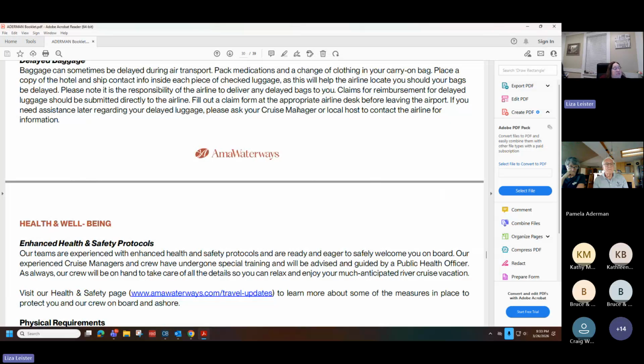Medication, please keep it in your carry-on. Please do not pack it, because if it gets lost or stolen, you're probably going to have problems replacing it. You could also travel with a copy of your prescriptions just in case you need to get something refilled over there. A lot of people ask about the Monday, Tuesday, Wednesday, Thursday, Friday pill organizers. They recommend you keep your prescriptions in the original bottles, but I know people use the Monday through Friday organizers all the time, and I've never heard of anybody having a problem. But just realize any TSA person could question you.